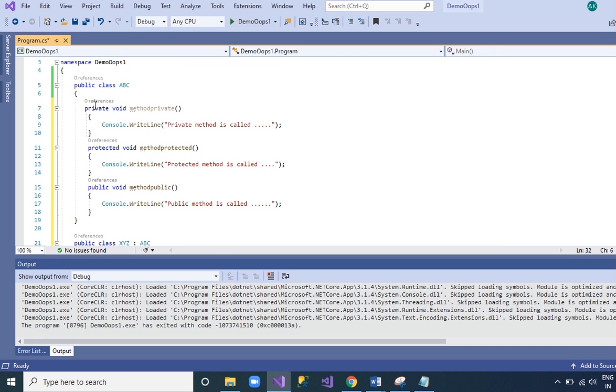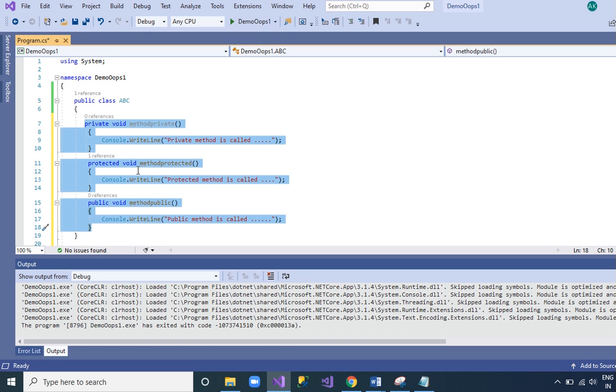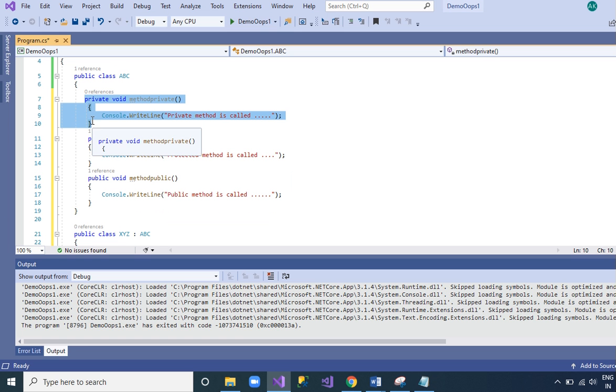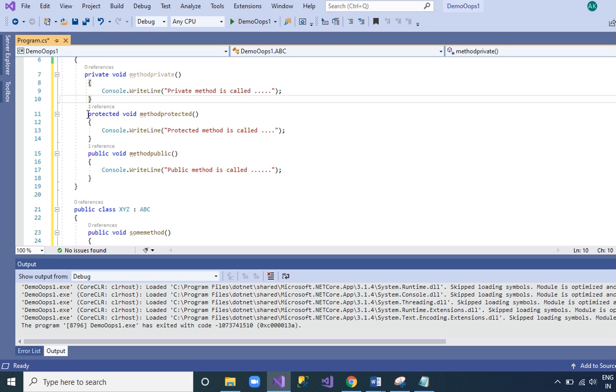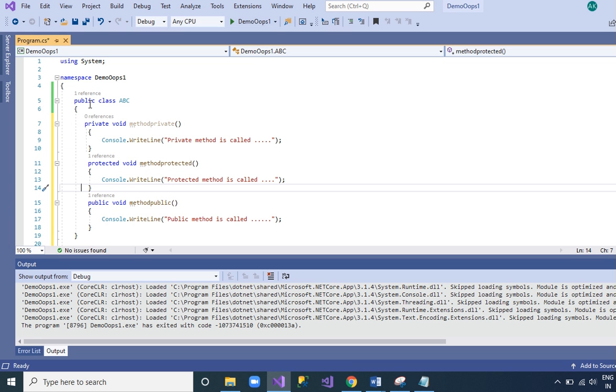In the class ABC we have three methods: private, protected, and public. I mean to say that if any property in the class is private, it is not accessible outside of this class. But protected and public can be accessible outside of the class by using inheritance, because this class is inheriting that class.